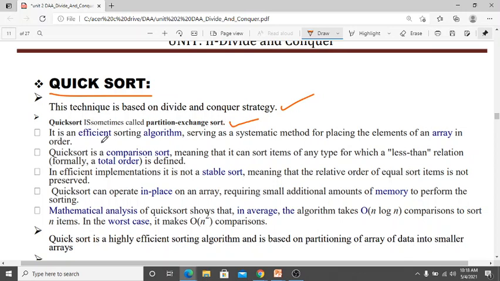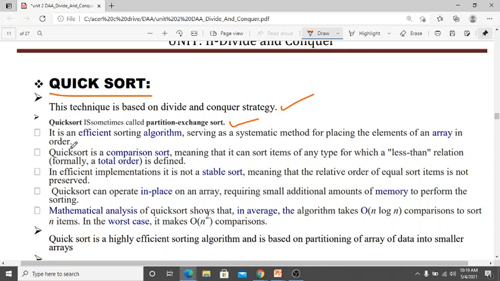It is an efficient sort algorithm serving as a systematic method for placing the elements of an array in order.